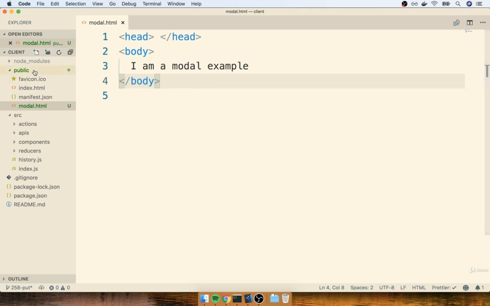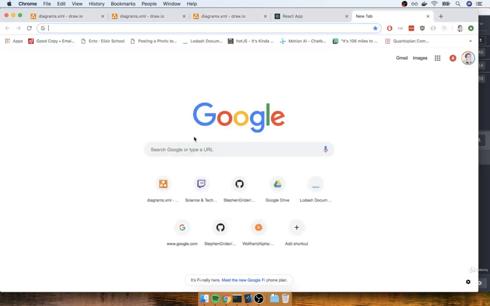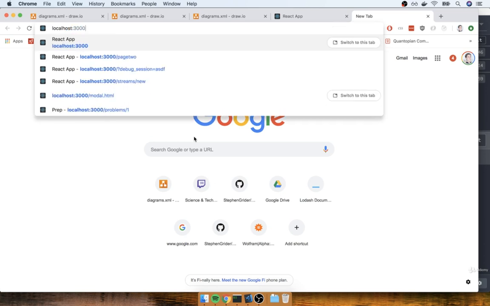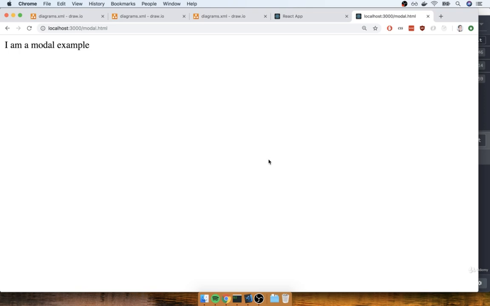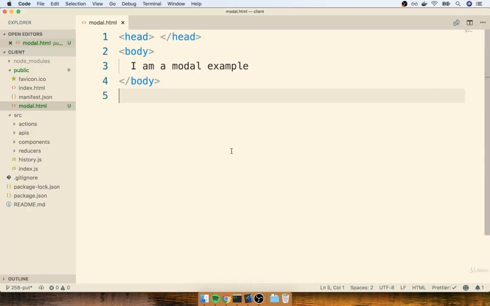And then I'm going to try to access this HTML document inside my browser. So in order to access any file inside of our public directory, we're just going to go to localhost 3000 / then the file name. So in this case, modal.html. So I'm going to open up a new browser tab and navigate to localhost 3000 / modal.html, like so. And I should see the text from that HTML document appear on the screen. All right, so now that we've got that showing up,